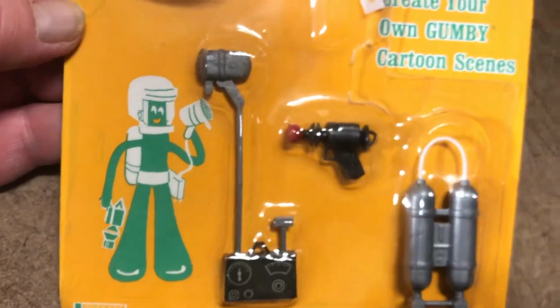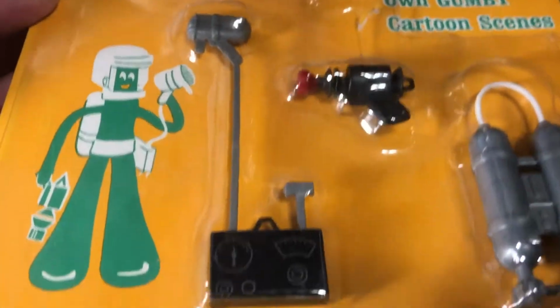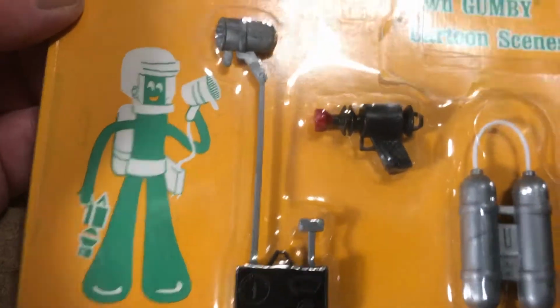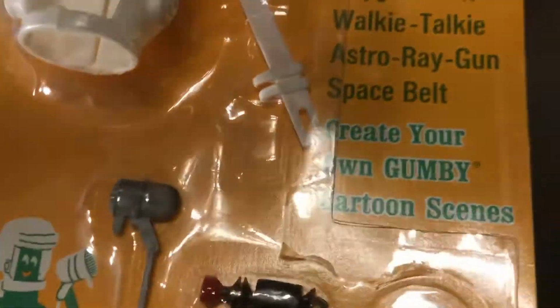I wanted to see it before I started ordering stuff or whatever. Anyway, we'll track down the pieces. This is going to stay sealed. But this equipment looked familiar when I was going through it. And it's because of painting the MPC recasts. Sure enough, now that I've got it in my hand to compare it,